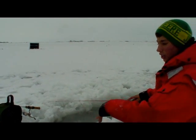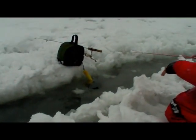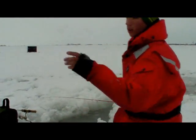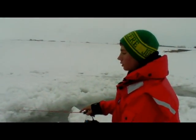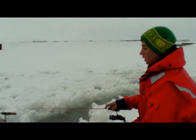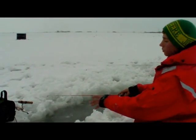Ice is real slushy, as you can see. We got the water here, it's all slushy and a mess. Pulled out the shanty, not too far offshore, 100 yards or so. Easy walk. I got my depth finder running, I got the marking going, and right here, if you get a